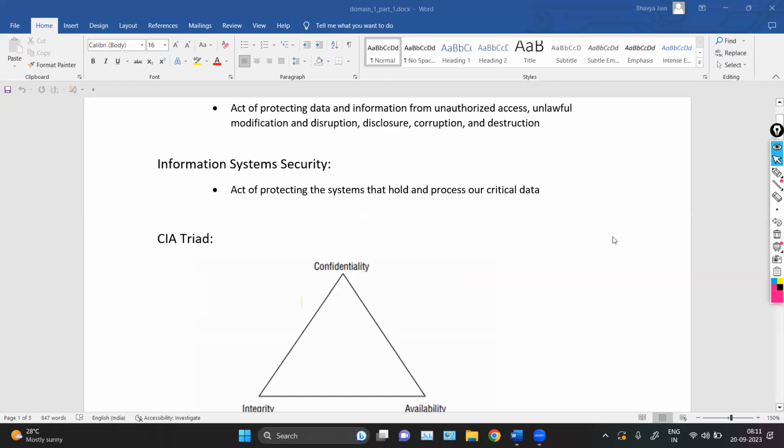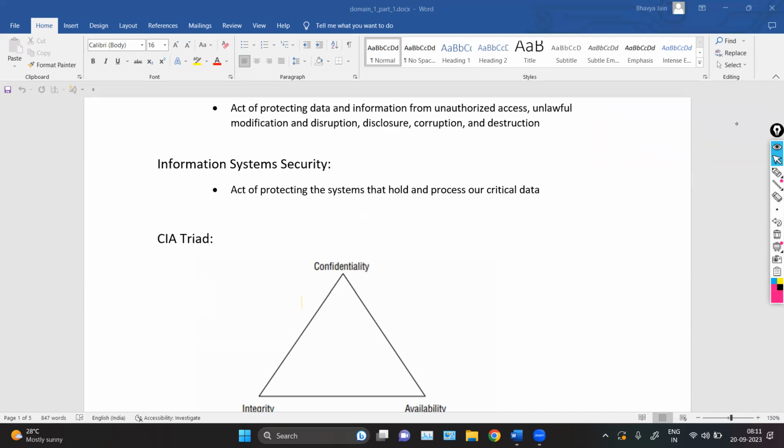See, in information security or in cybersecurity, we have a base rule. If someone asks what kind of security you want to apply, or why you are applying security, what do you want to ensure? We can say, I want to ensure the CIA, which I think you have all heard of. It is confidentiality, integrity, and availability of data. Confidentiality means we are ensuring that no one can read and understand your data. Integrity means no one can modify your data. And availability means your data should be available for every user.